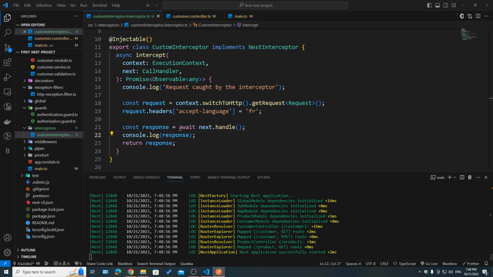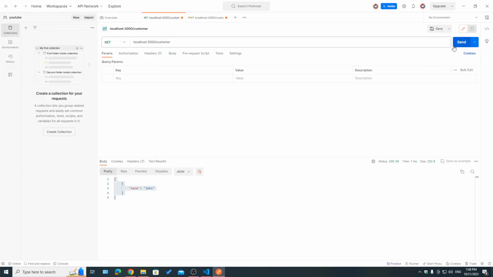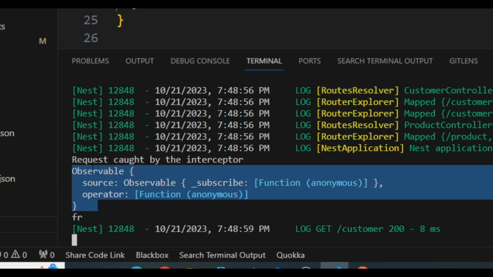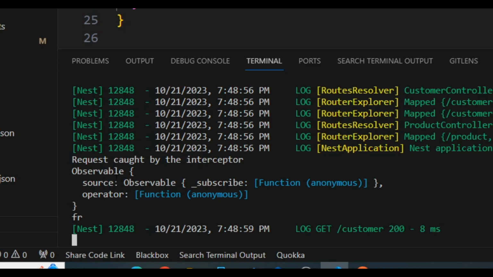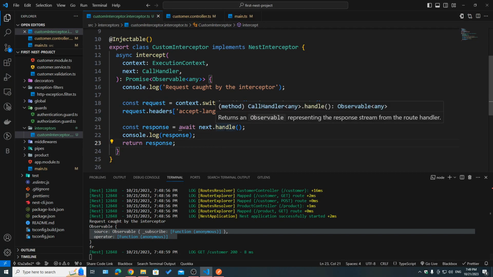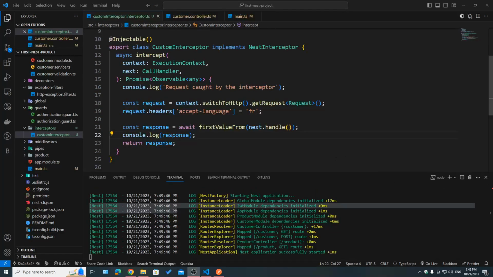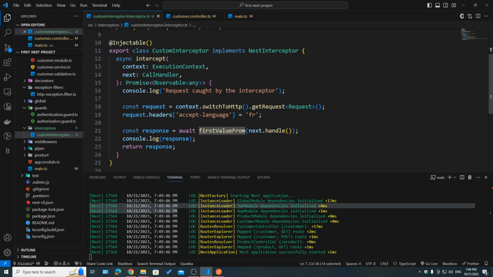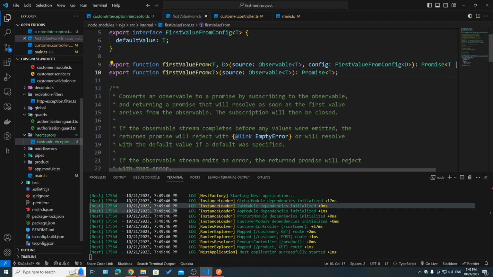If we save and run, here inside of get customers, if we hit on send, it's an empty array now. If you take a look here, the response is observable, which is an object with source and operator. And that makes sense because as we've seen here, handle actually returns an observable. Now, thanks to RxJs, we actually have something called first value from, which, if you take a look here, it